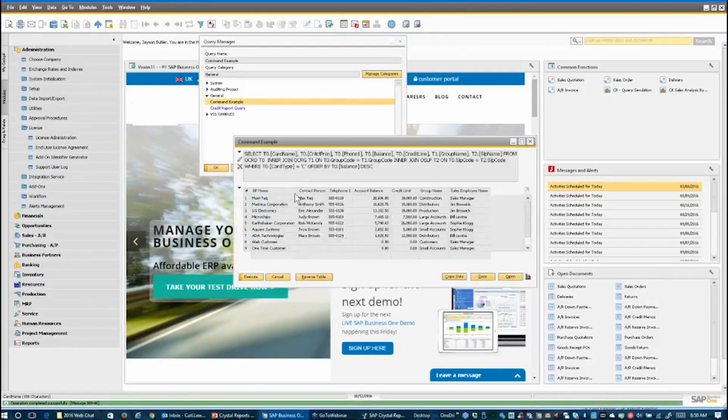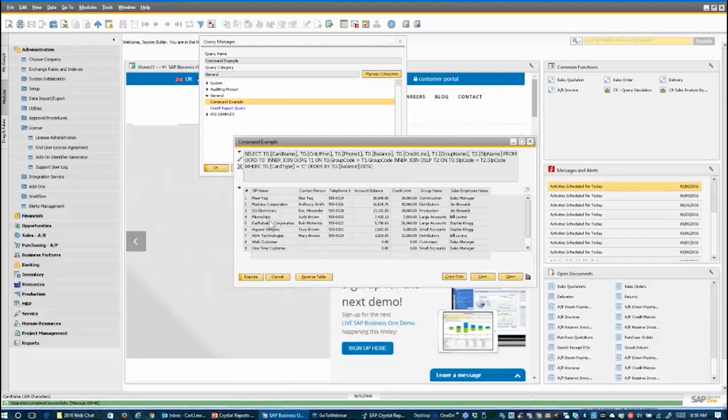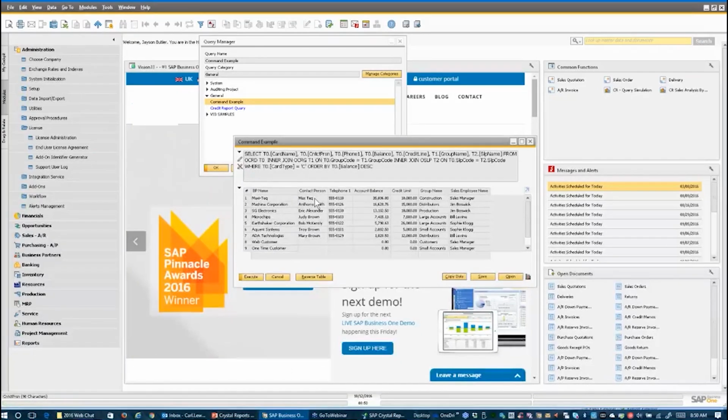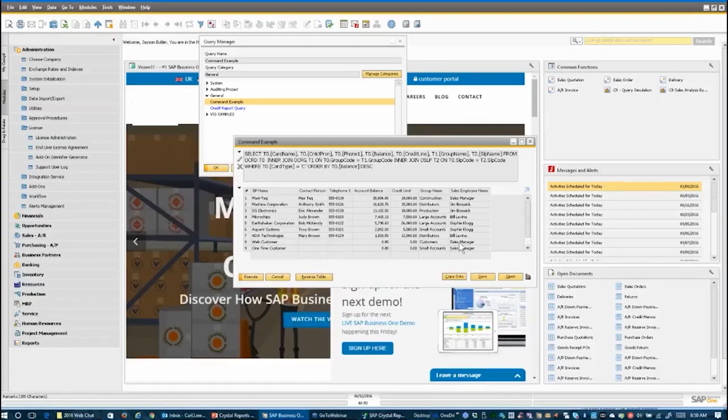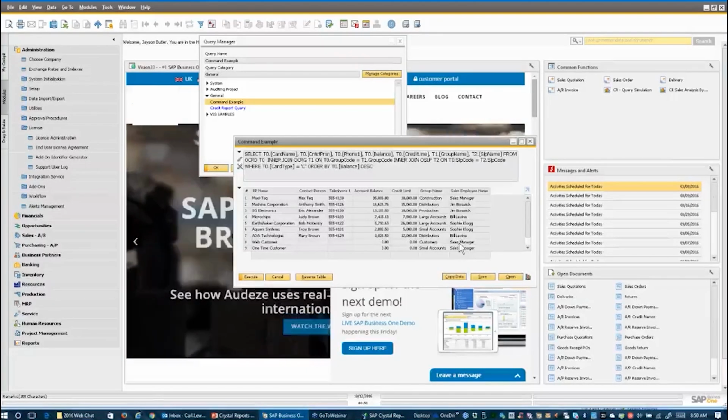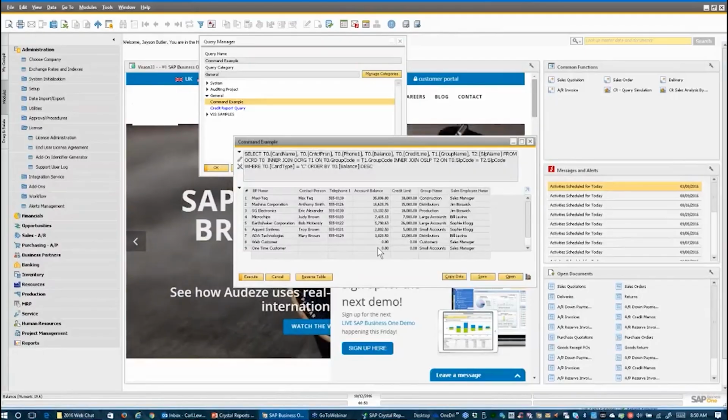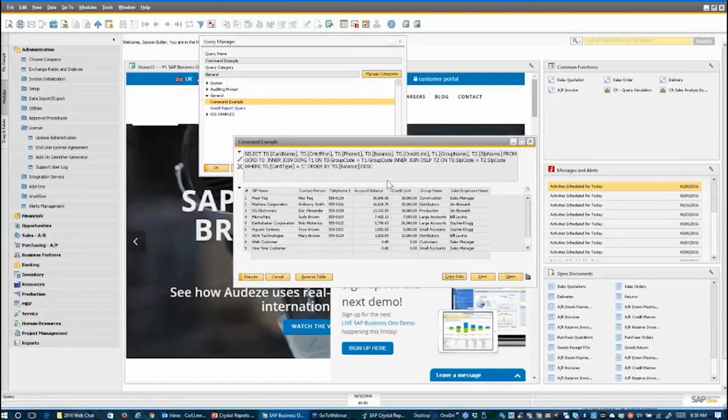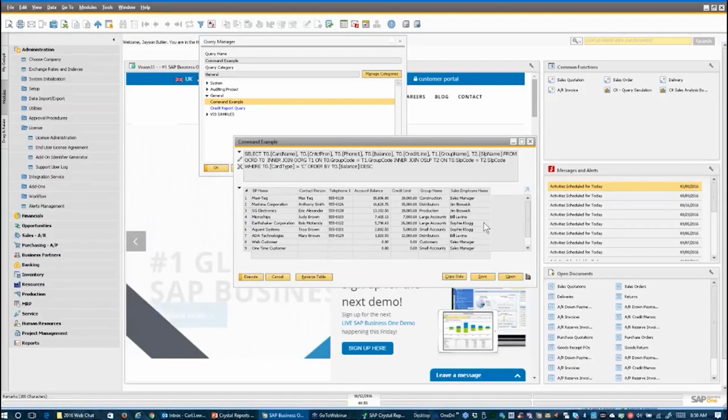So this is just a little query that runs. And if you notice, it has here the customer name, it has the contact, the phone number, their account balance, their credit limit, the group name, and even the salesperson. So I want to use that as the basis of this command in Crystal Reports. Instead of using all the tables, 3 different tables, I can just use this query and only have these fields